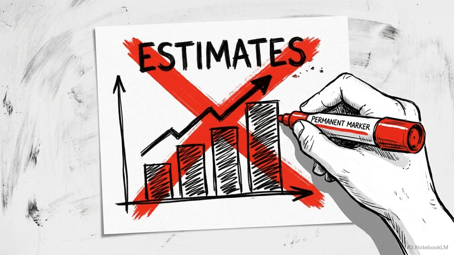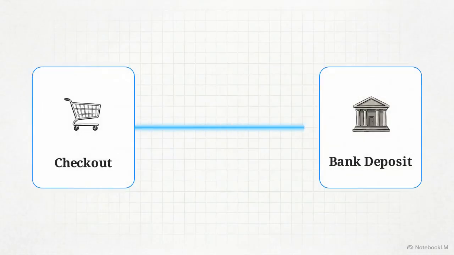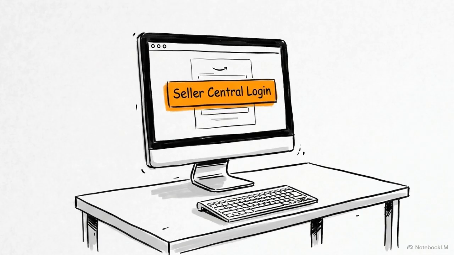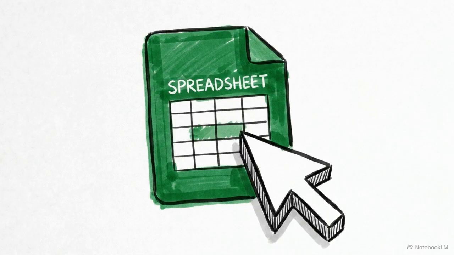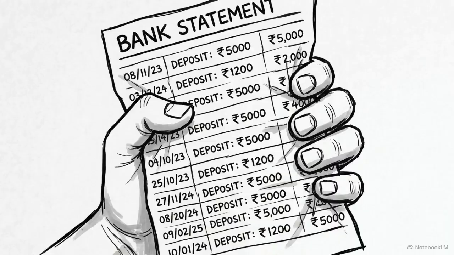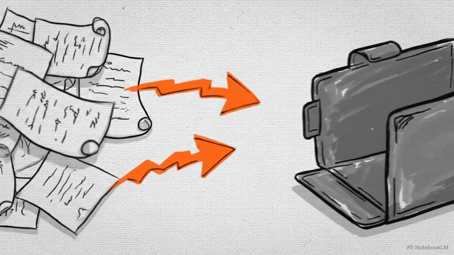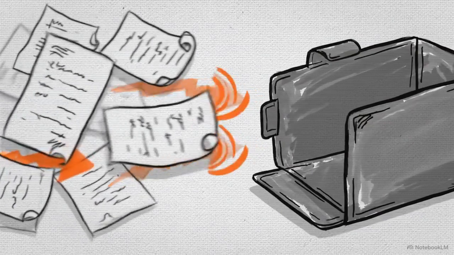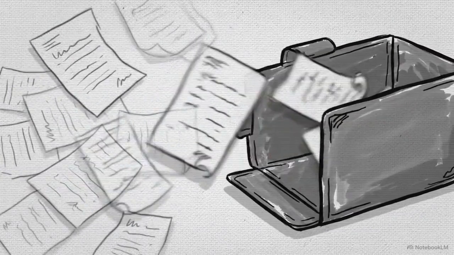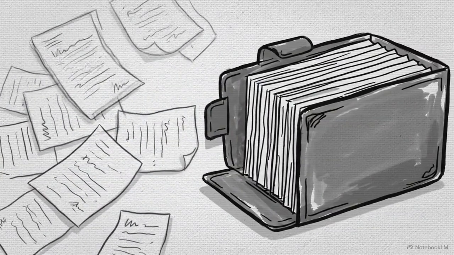The goal of this masterclass is to move past those dashboard estimates. We are building a system to account for every rupee from the customer's checkout to your final bank deposit. To follow along, you will need access to your Seller Central account, a basic spreadsheet tool, your business bank statement, and your GST portal login. Mastering this reconciliation process ensures that your financial records match your actual payouts, turning your accounting into a verifiable record